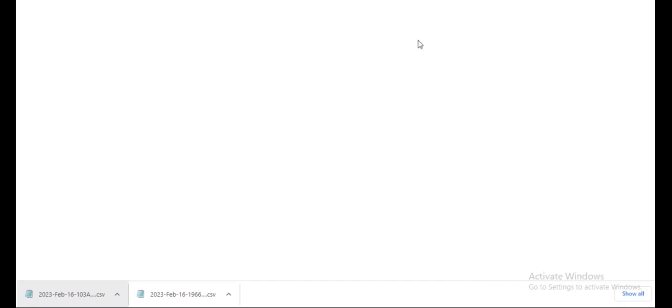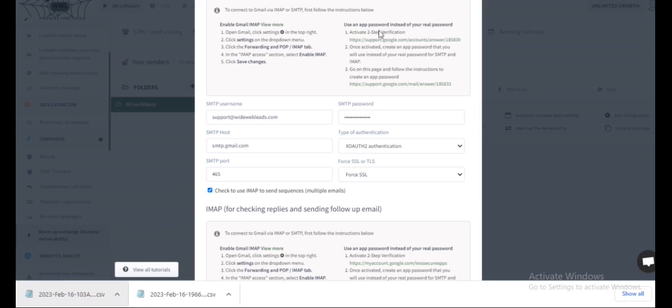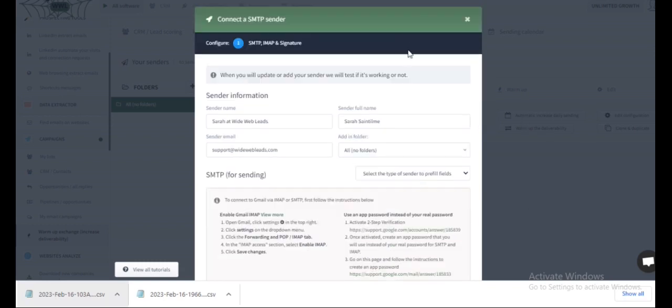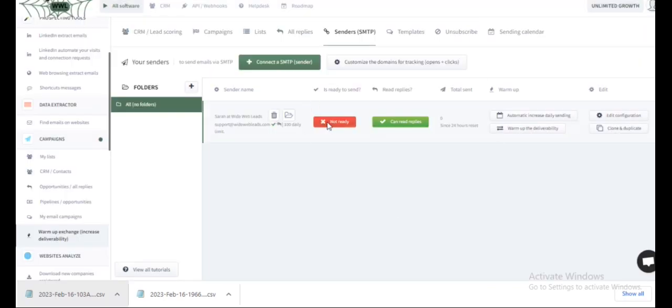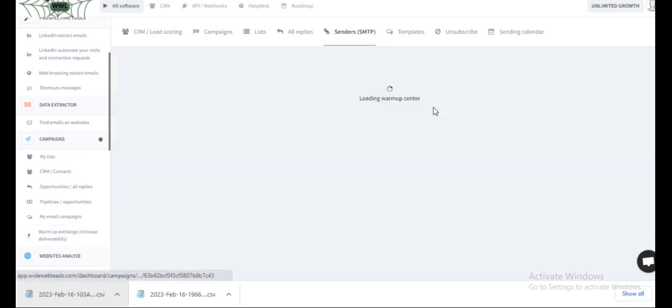Which I will do at a later time. I just don't want anyone grabbing my password, so I'll definitely do that a bit later. And this is where you'll also create your warm-up. So you want to go to the warm-up center,